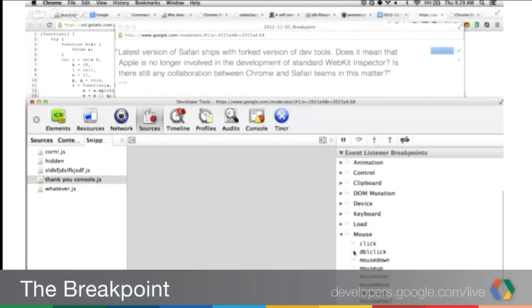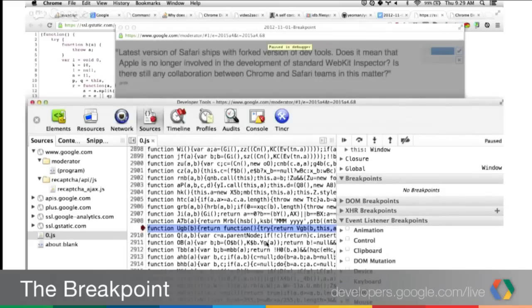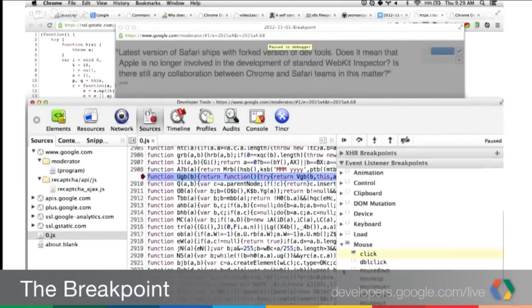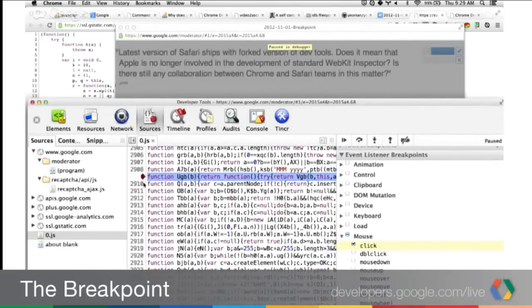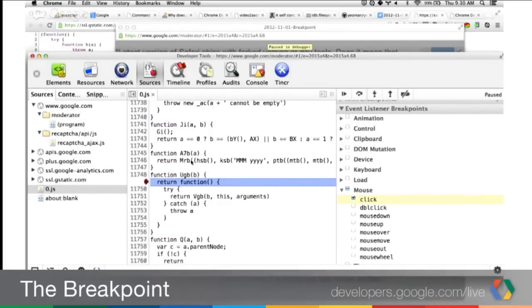Mouse, click. Yeah, nice. All right, cool. So now we're breaking, and we're actually breaking inside of my event handler. I'm going to prettify this. Hope it works. There we go. Cool. All right, so now we're actually broken inside of the event handler